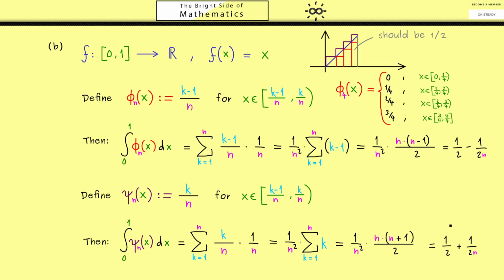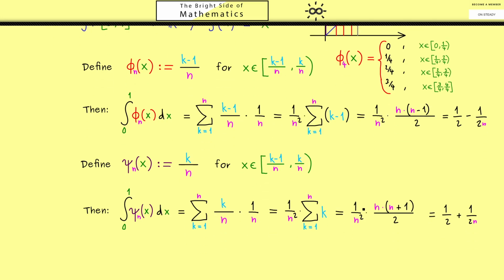So with this, you should see we've reached our goal. Because the difference between these two integrals is exactly 1 divided by n. In other words, we can make the difference as small as we want. So if you recall the epsilon criterion from above, then you see that this function f is Riemann integrable. And of course, this is our result here. Moreover, we also get the value of the integral of f, which is 1/2. Of course, not a surprise for you, but now we have proven it.